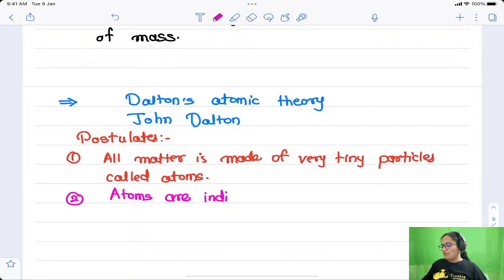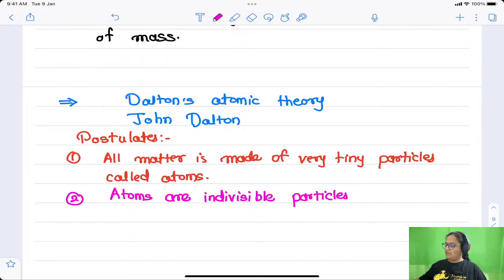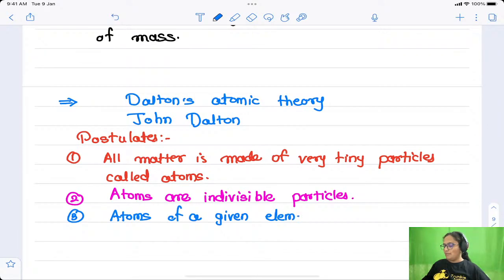The meaning of the word indivisible I also explained to you in the last class. They cannot be divided further. We cannot cut the atom into two parts according to this. Yes, atoms are indivisible particles. Then the third postulate I will write down. Atoms of a given element are identical in mass